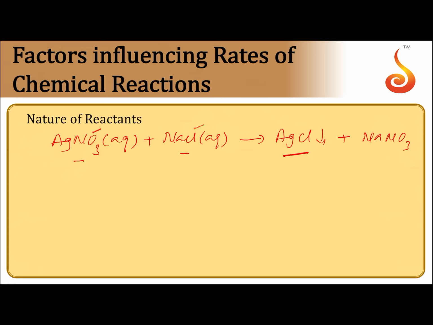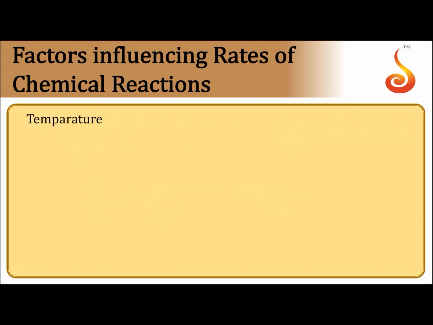For example, when you take the reaction between H2 and Br2, giving rise to HBr, the reaction is slow because at the time of reaction H2 breaks down into two hydrogen atoms, and Br2 breaks down into two bromine atoms. Then the atoms have to combine to form HBr. This takes certain time and therefore the reaction is slow. So in general covalent reactions are slow and ionic reactions are fast.